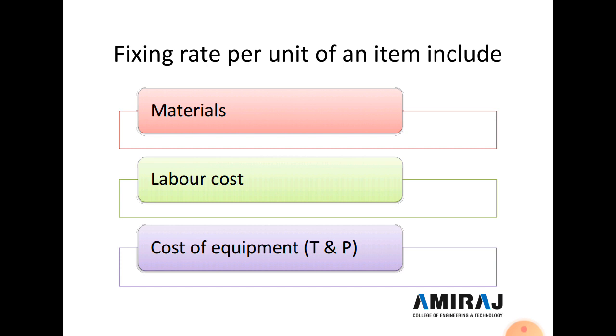Now the total cost of the unit item is a summation of the material cost, labor cost and equipment cost, and we also add 1.5% as water charge and 10% as contractor profit. Here the 1.5% water charge is on the summation of the material, labor and equipment cost, and the 10% contractor profit is also on the material, labor and equipment cost.